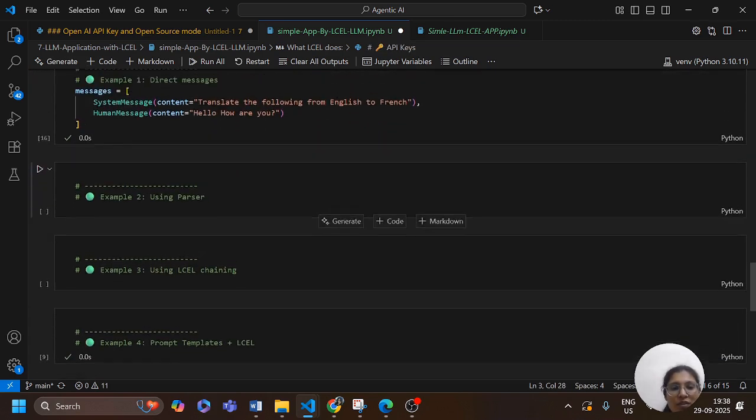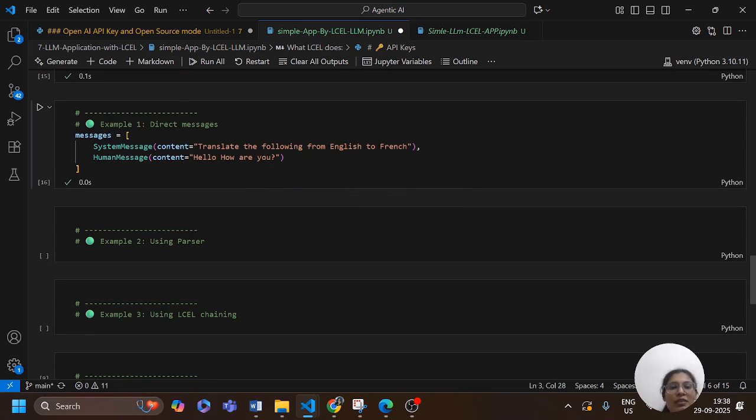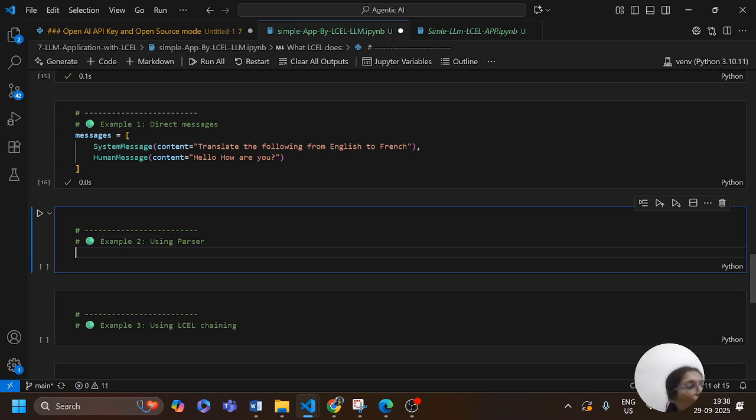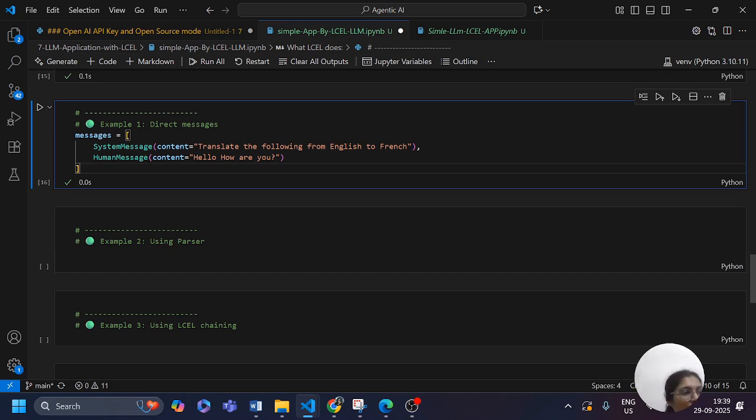So here, after creating the messages, this is the system message, "Translate the following from English to French." This is the instruction for the system. This is the human message, "Hello, how are you?" And after that I am going to use a parser. So here I need to write result equals to